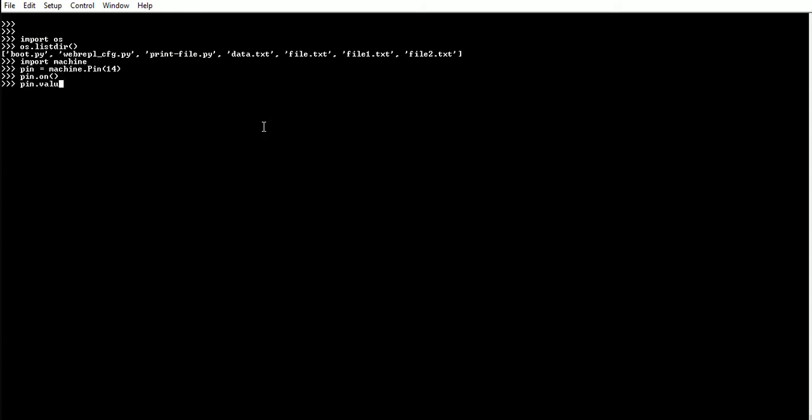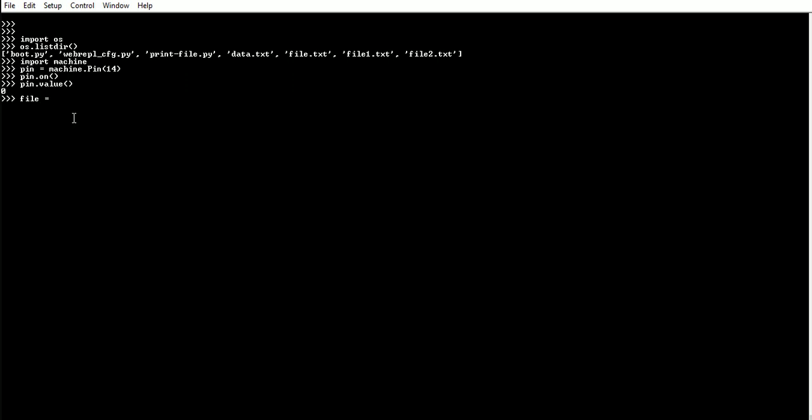Now to read the value, so it is 0. So now what we'll do is we have to write the content of that pin. Let us assume we want to write the content of that pin to a file. So these are generally used in production environments, if you want to test a particular pin and save those contents, you can write small scripts like this, and then write the contents.